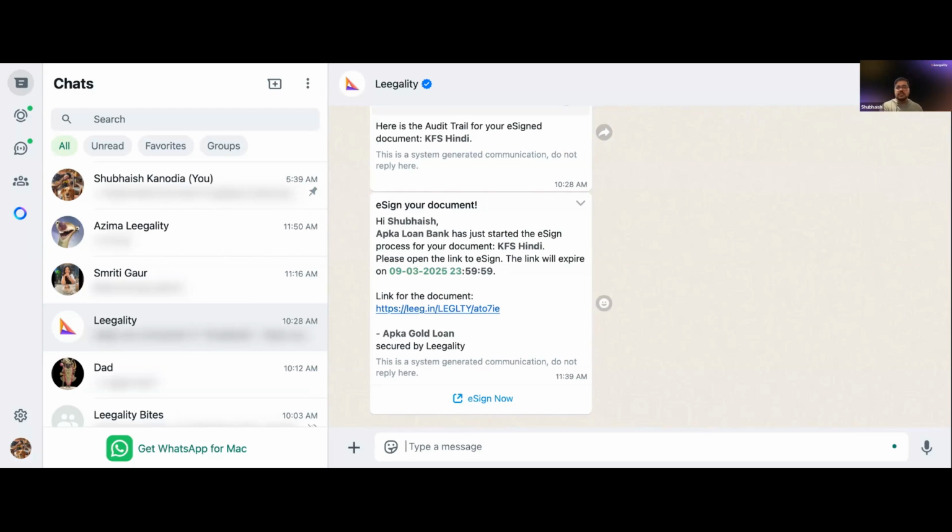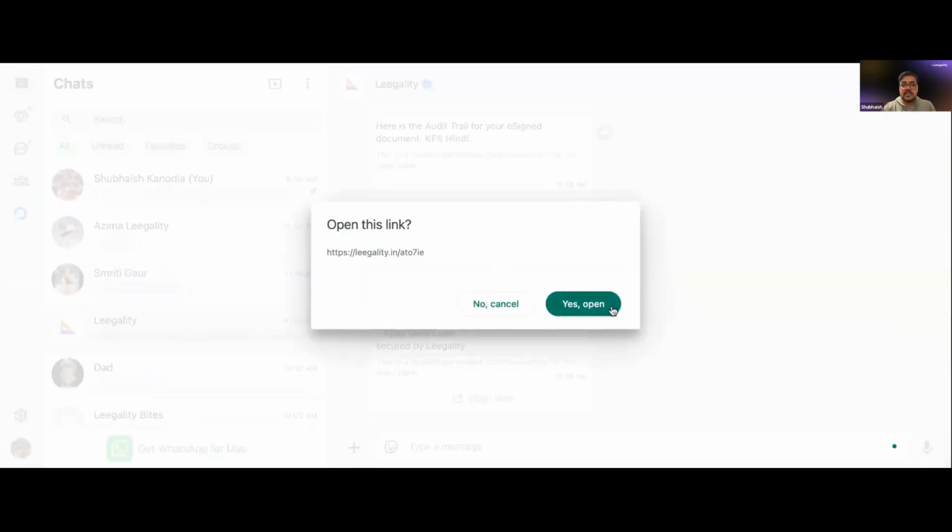So on your screen, if you can see, it's my WhatsApp chat, and I've already created a KFS invite for the sake of this demo. And it's quite easy, right? Sending your invites on WhatsApp. Everyone uses this app. Everyone is comfortable with it. And unlike an SMS or an email, you don't have to keep scrolling to figure out where the link is, which is a struggle for people who are beyond a certain age. So I just click on e-sign.